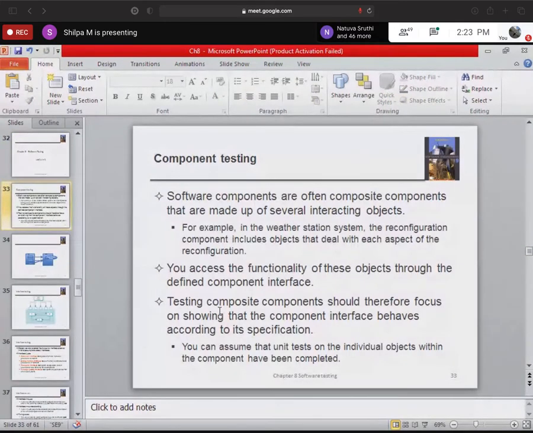So testing a composite component should therefore focus on whether that component's interfaces behave according to the specification. You can assume that unit tests on the individual objects within the component have been completed.